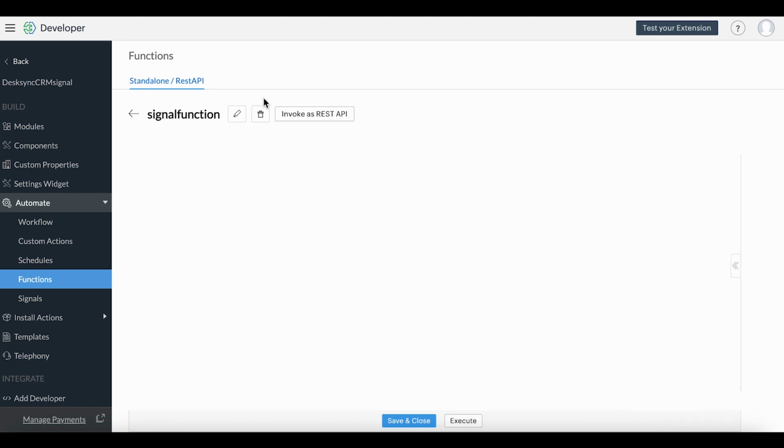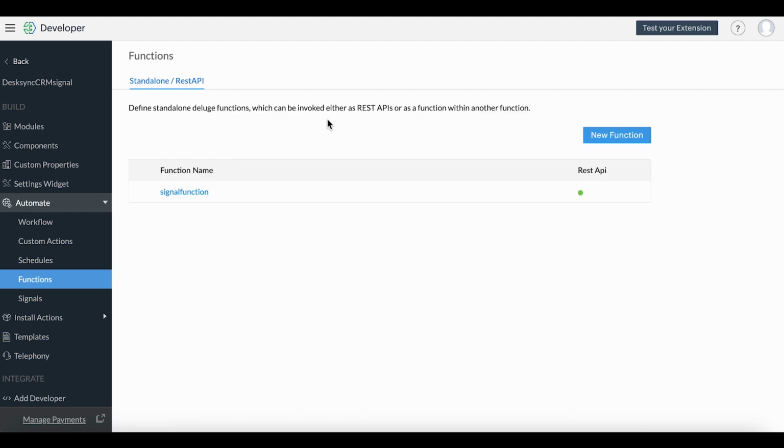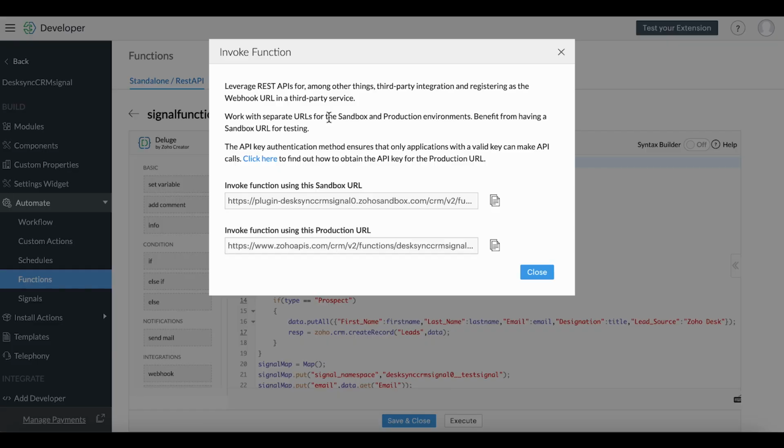After I give the name and invoke that as yes for REST API, the Deluge editor for the function will be opened up. The name for the function will be created, and you'll have this argument called CRM API request. The editor will be blank at first. We've just handled the code logic, but initially once you create the function, this section will be blank. You'll just have the name for the function, and you'll have this button called invoke as REST API, on click of which you will be getting the URL